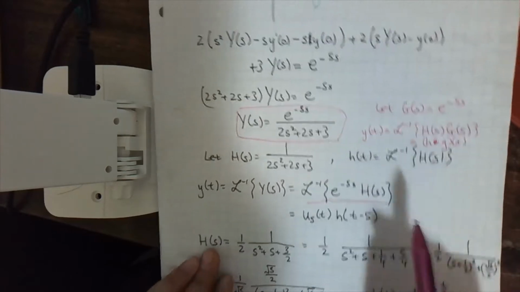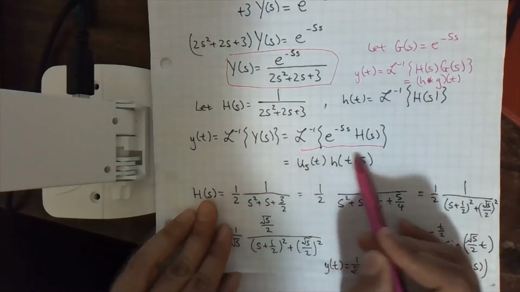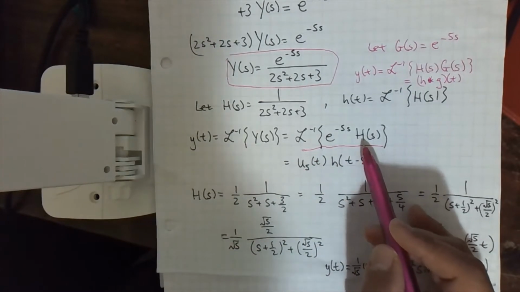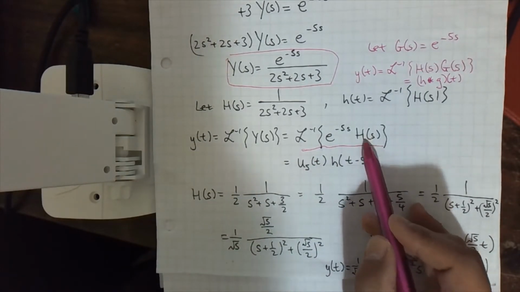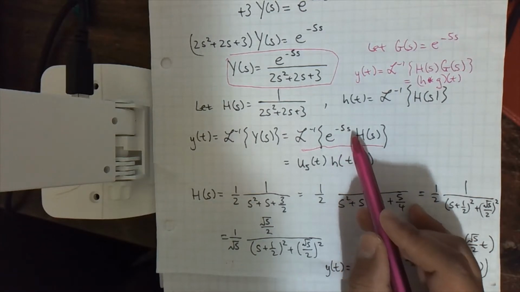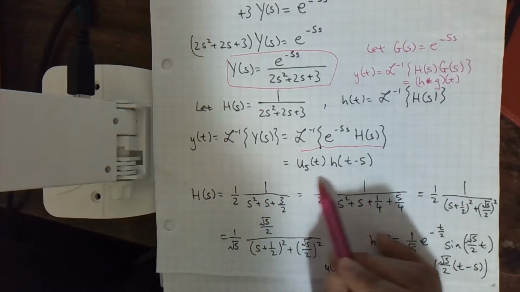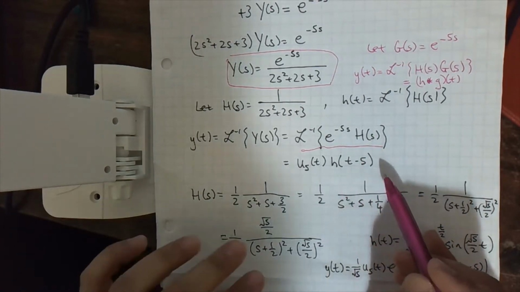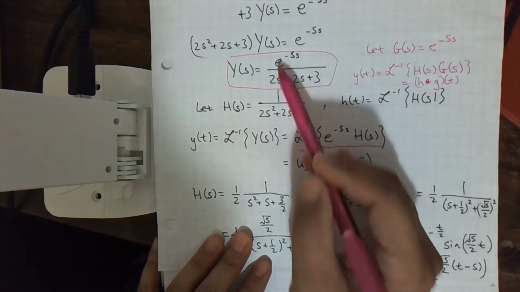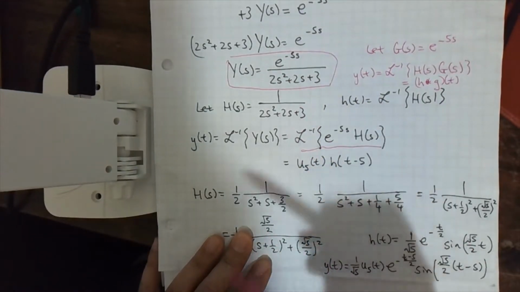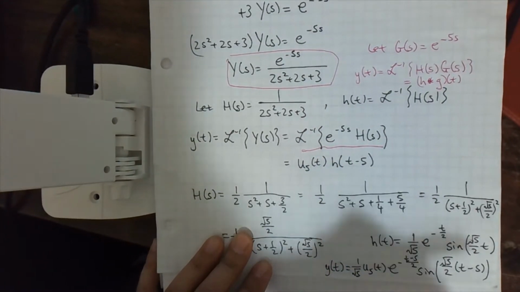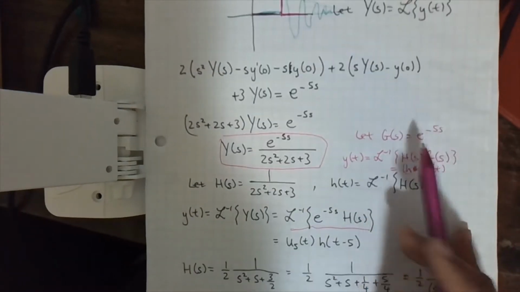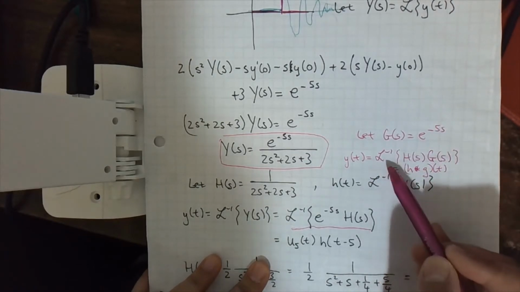And then what we did last time was we used this property, the inverse Laplace transform of a function times e to the negative something times s. We could use the unit step function and a shifted inverse Laplace transform of the other function. If this e to the negative 5s had been something more difficult, then we might not have been able to use this property. So the property we talked about last time is more general, where we're just doing the inverse